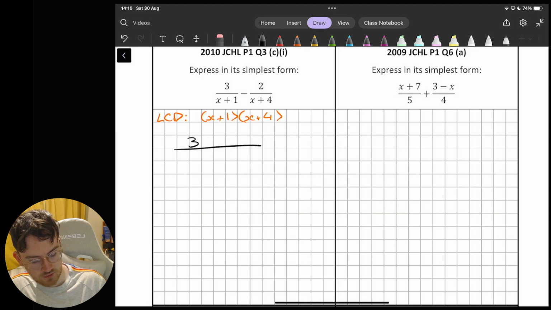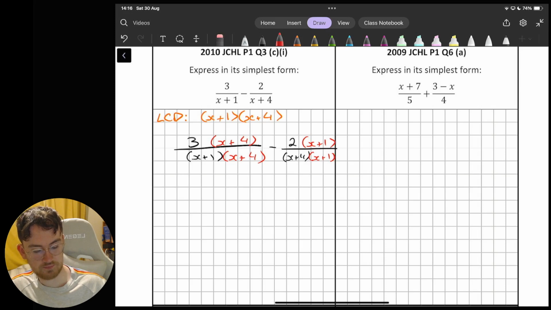Okay, as before, we're going to start with the fraction that we have. We're going to introduce that new term, which allows us to have that common denominator. Same thing with my other fraction. The x plus 4 was there originally. The x plus 1 is the term that was not. And I'm multiplying that on the top and the bottom. Okay, maintaining that idea that essentially, if I were to divide those back out, I would be left with what I started with. Next step, as always, combine them into one fraction